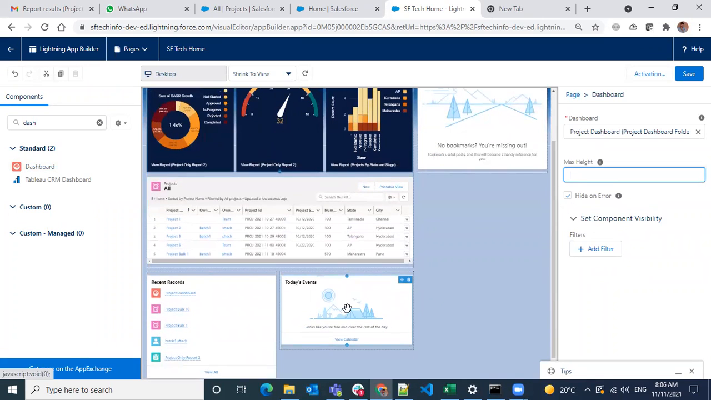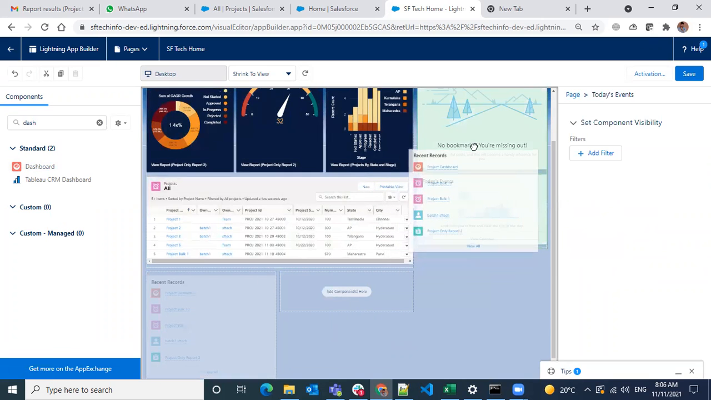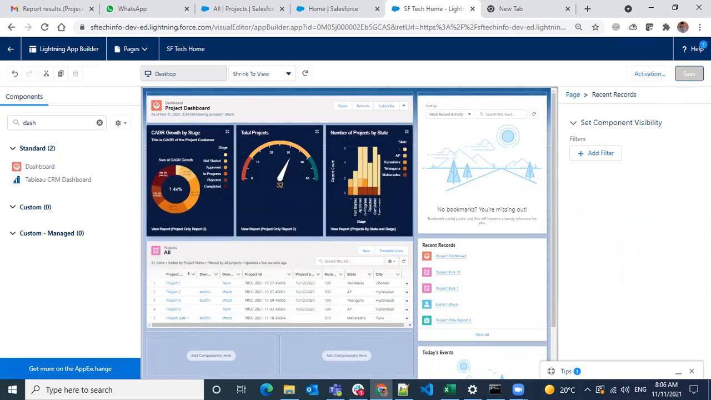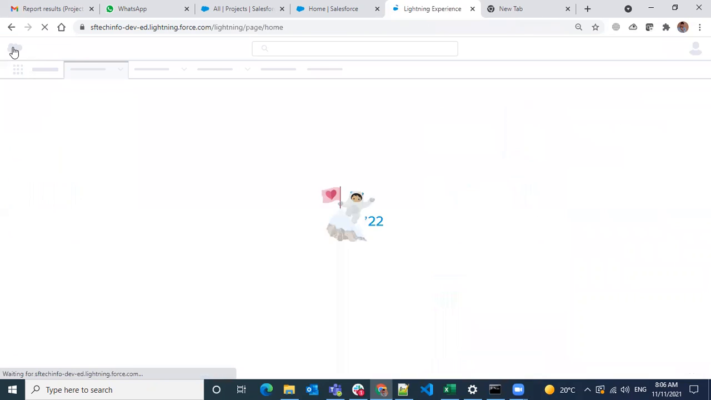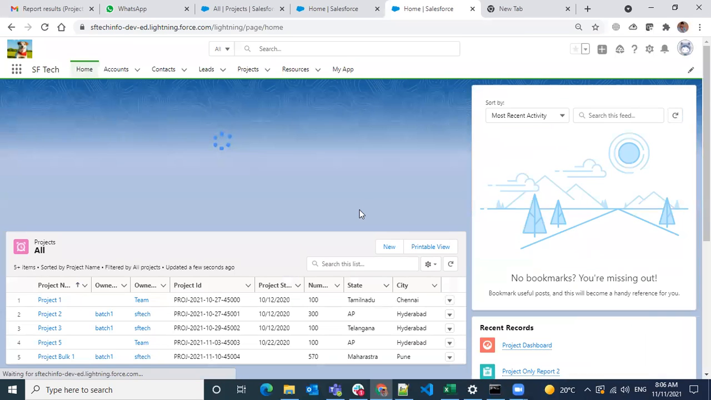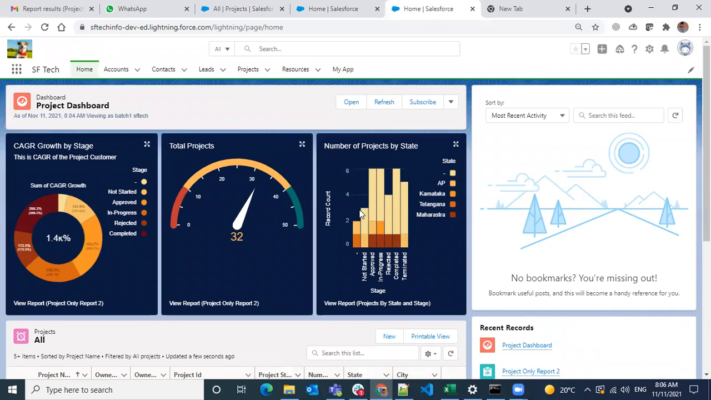It's going to the bottom, so I'm just moving it to the top. Okay, and do a save. Back. So that you will be having charts on your home page. And similarly, you can add it to an app page as well. And in